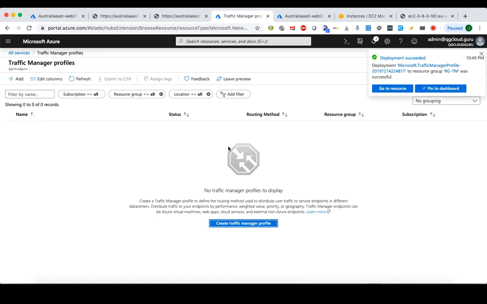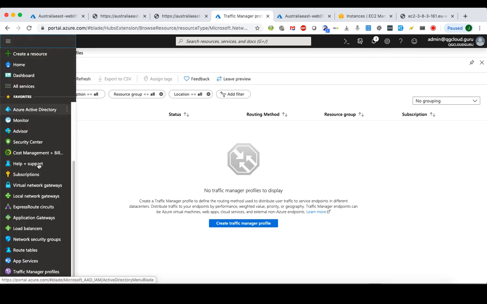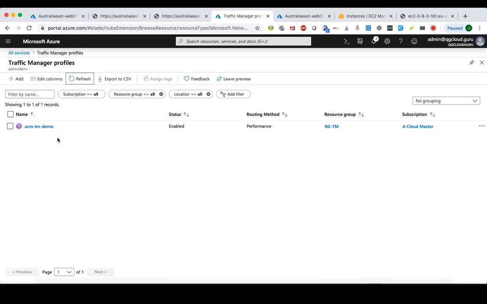Okay, the Traffic Manager profile has been created. It took about 1 or 2 minutes, so not too bad. Now if we refresh on these Traffic Manager profiles, it's still not showing us. Sometimes it's just a GUI problem. If we go to the Traffic Manager profiles again, now it shows us